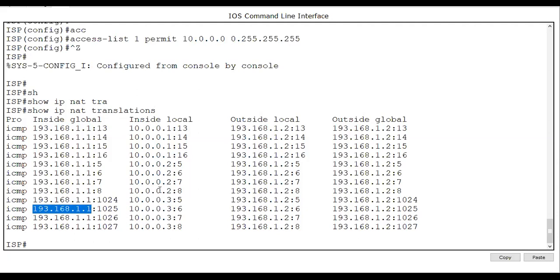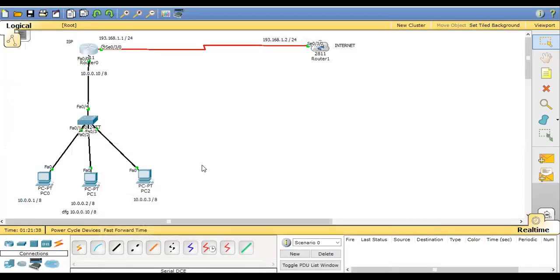All right. And for identification, the router is giving a port number, which is called PAT, because overload NAT is also called PAT, which means port address translation. Because for the individual identity of each IP address, while doing the conversion, our router gives the port number. So this is the port number, right? This is the tag through which my router identifies which IP converts into which public IP address. Okay. So this is all about your overload NAT.